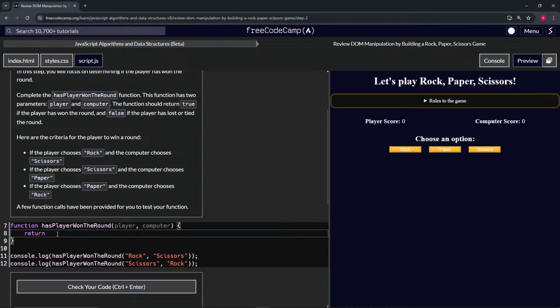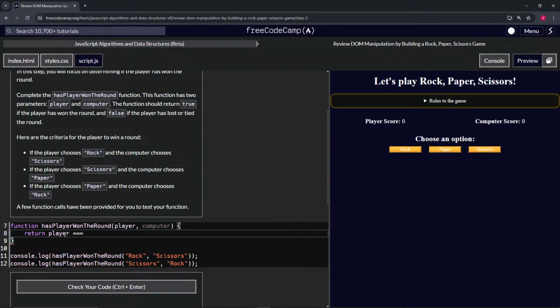Give me a second. I did do this. I just forgot how to do it just right now. I should have had a cheat sheet, but whatever. So if the player chooses rock and the computer chooses scissors, we win. So if player, okay, so yeah. If player